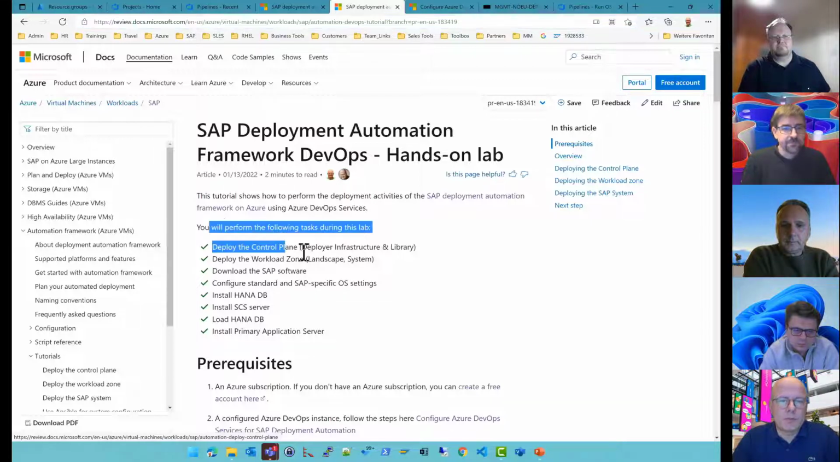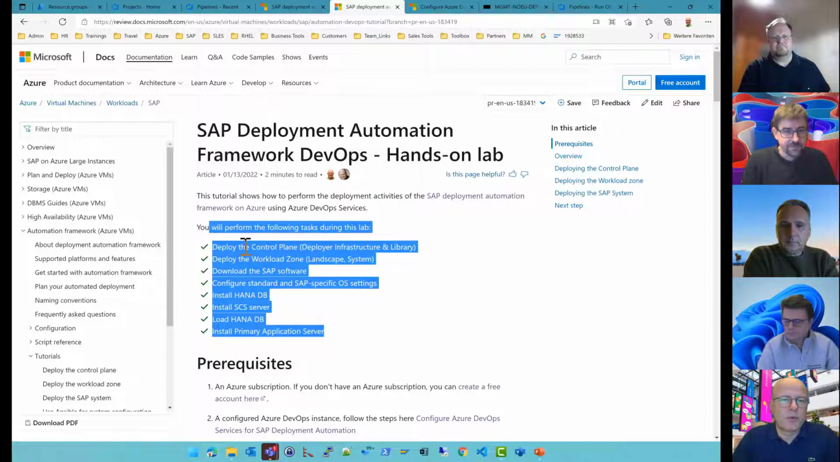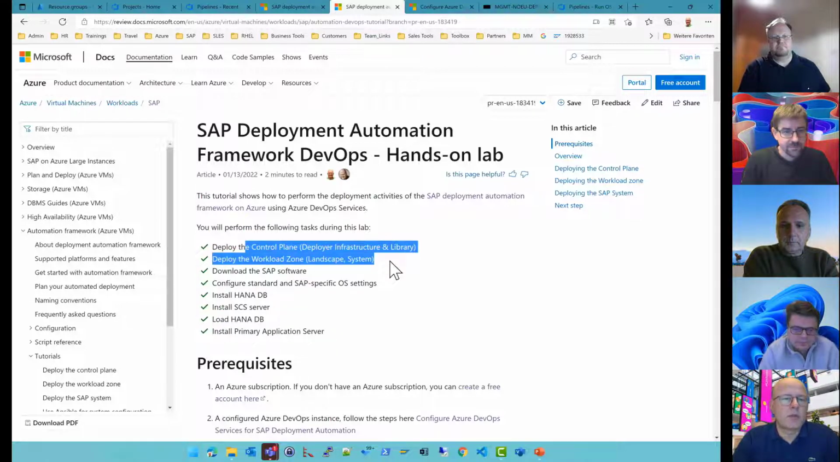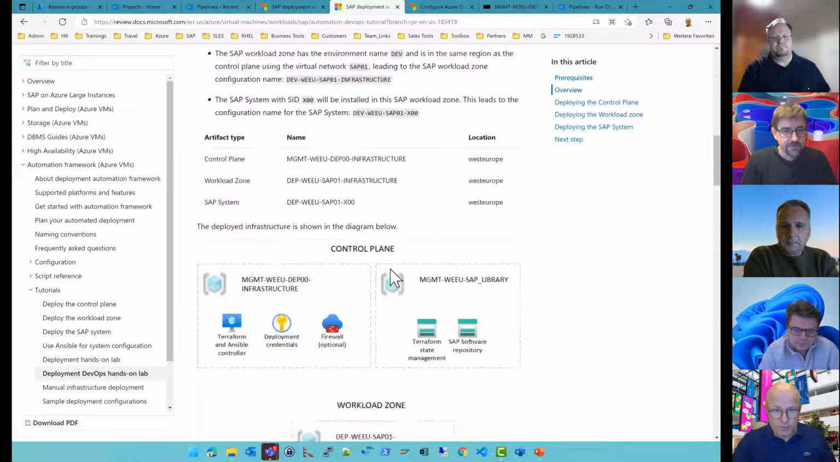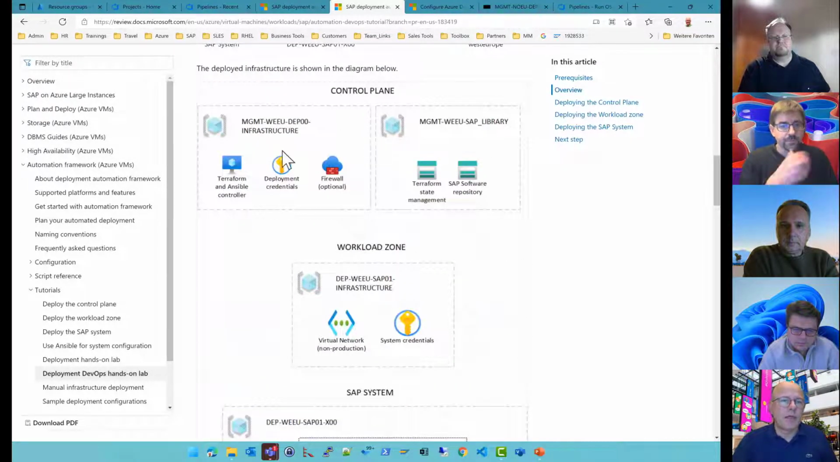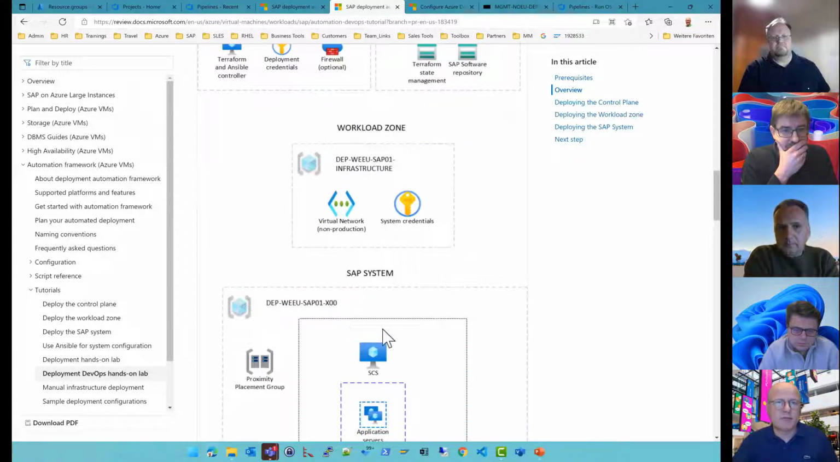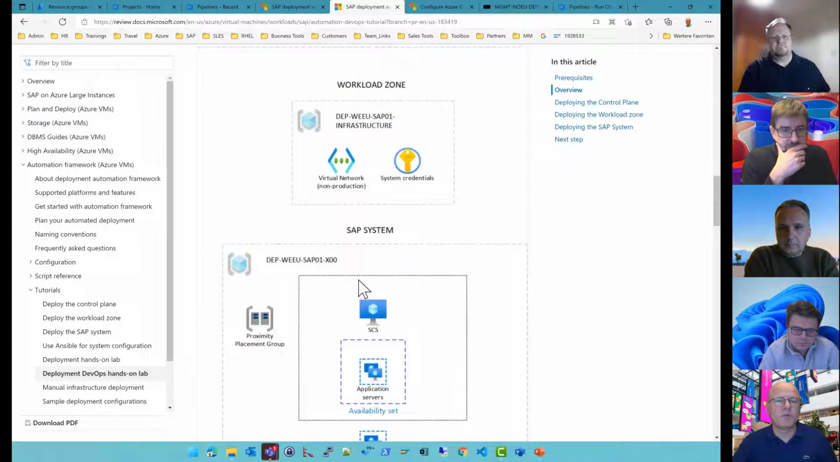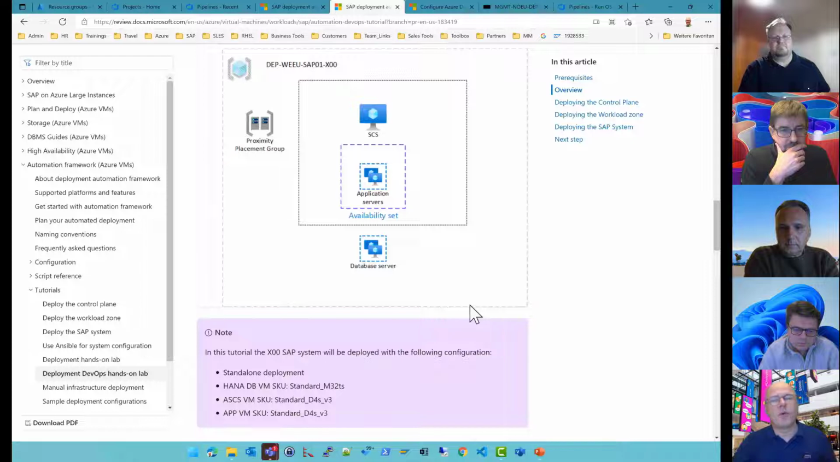So here we see what we will do. So deploy a control plane and the workload zone and the software, and maybe to show a picture what this means. The control plane are basic resources that we need to be able to deploy SAP systems. The workload zone is the VNets, for example, for the SAP systems, and then the SAP system itself. So this is pipeline 1, pipeline 2, pipeline 3. And then we have pipeline 4, which is downloading the software, and we have pipeline 5, which is then actually installing, first of all, configuring OS volume groups, installing HANA database,